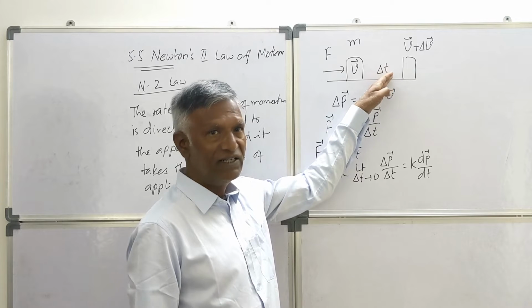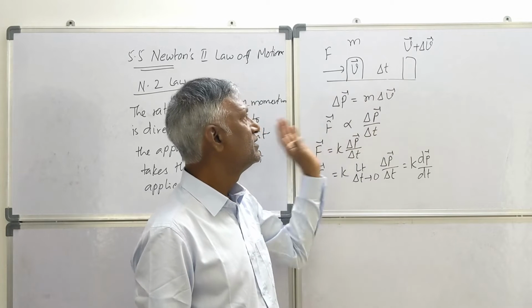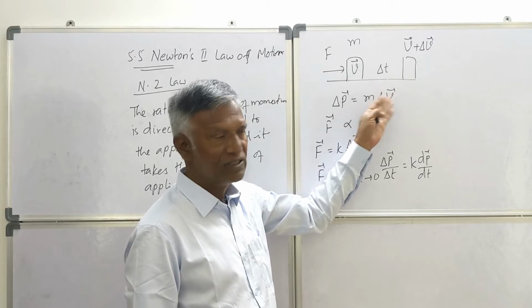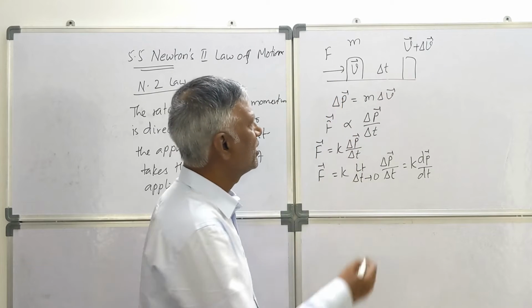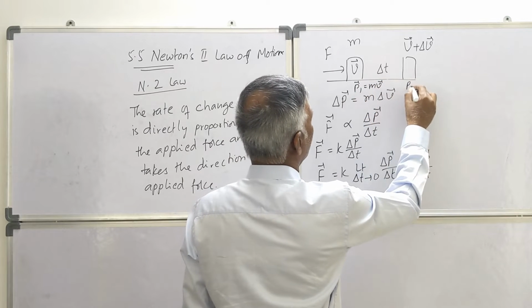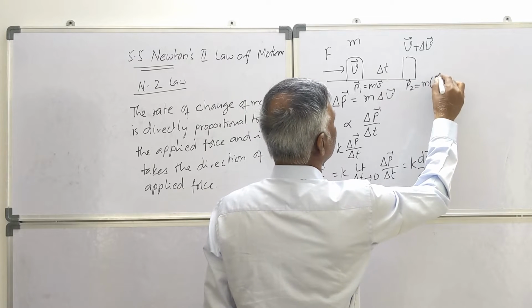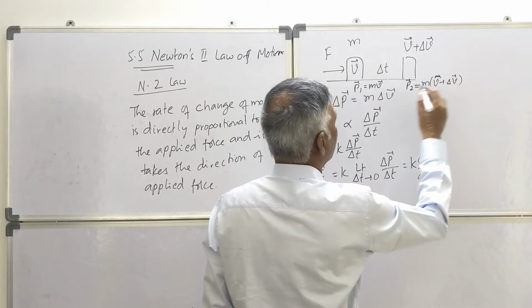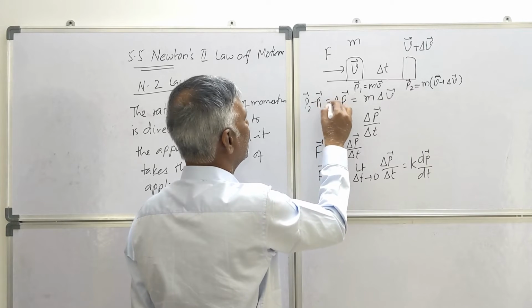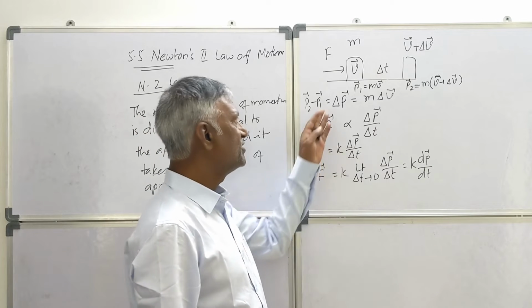So on a mass m, if a force is applied for an interval of delta t, the change in velocity is from v to v plus delta v, then change in momentum will be delta p is equal to m into delta v, ठीक है। इसको फाइंड आउट करना है तो ये भी कर सकते हो, p1 is equal to mv and p2 is equal to m into v plus delta v लिख सकते हो। तो p2 minus p1 ये कैलकुलेट करेंगे तो यही आएगा, ठीक है।